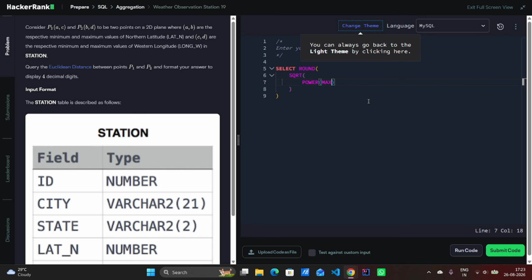And max, find the maximum of northern latitude minus minimum of northern latitude